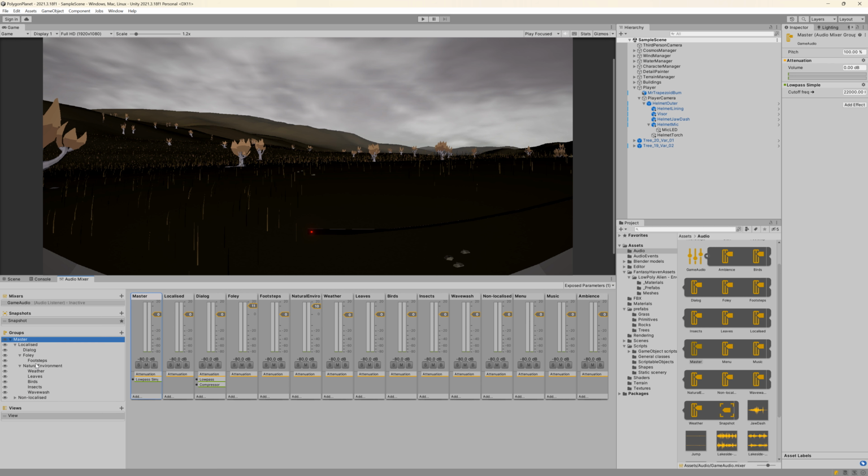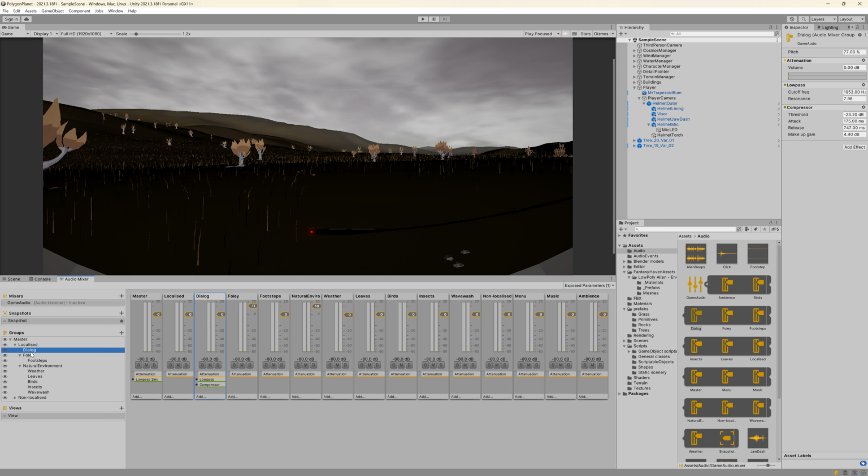For localized, I have started to use it. So I've split that up into dialogue. The reason for splitting it into groups like this is it means you can amplify or attenuate a particular group of sounds rather than having to go through doing them individually one by one. So through code or manually, like here at the beginning, you can set up the particular mix you want for the different things. So dialogue, I want to be quite high in the mix,